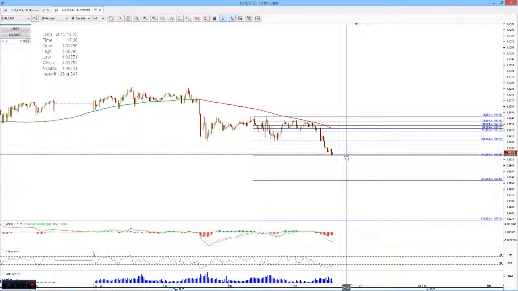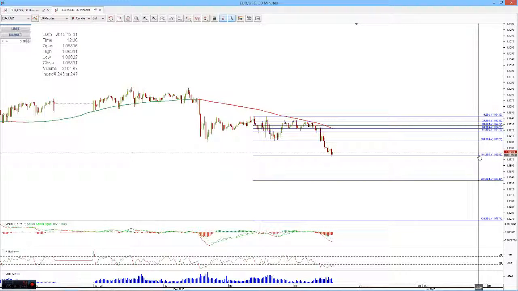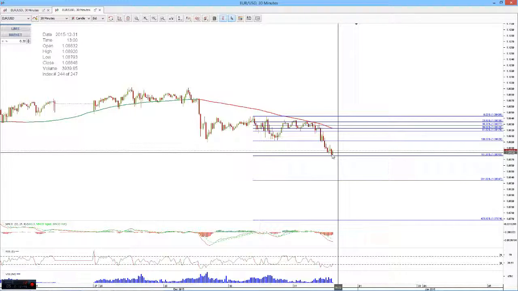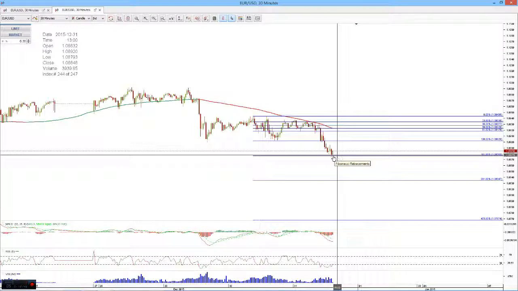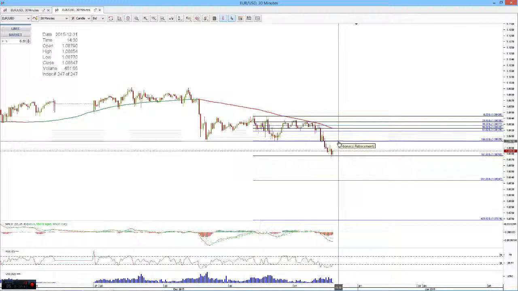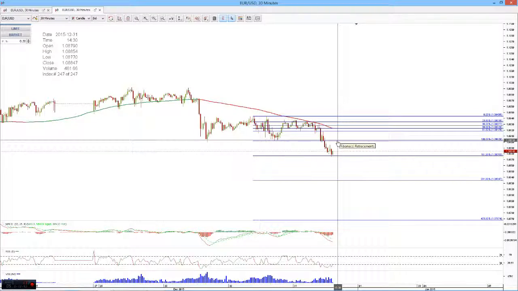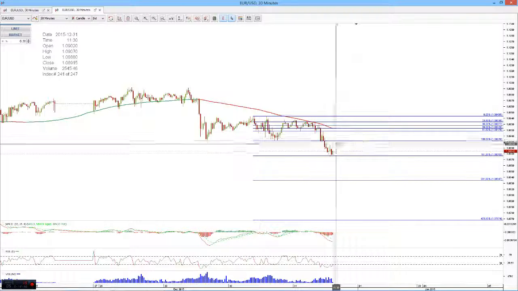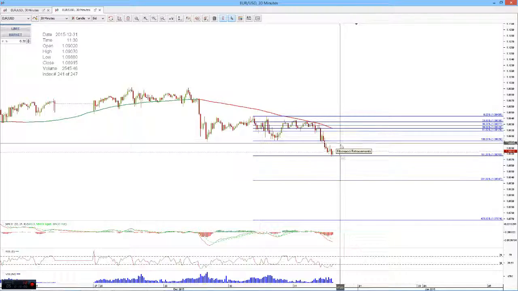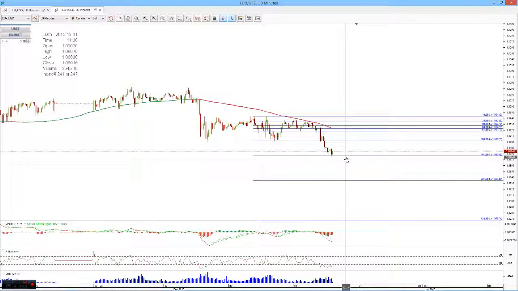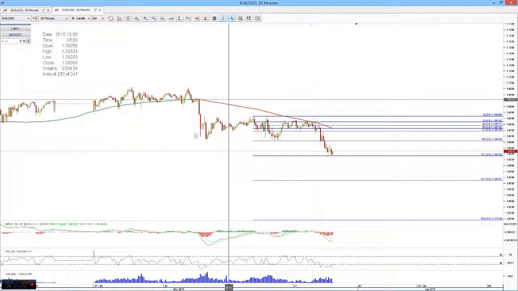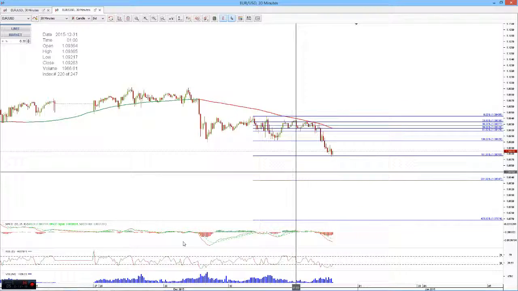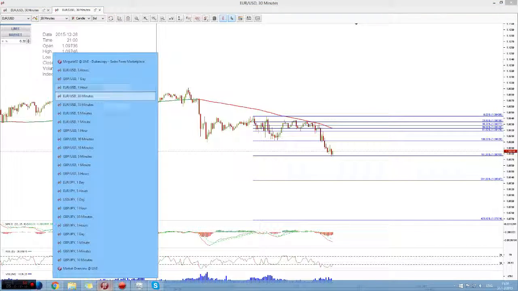Okay, let's have a look at the Euro USD. The market reached that FIBO 161.8 level, and you can see the strong reaction at that level. It may go to the upside and try to retest that FIBO level once again, and sometimes reverse and then try to go once again to the downside. I will think for a while, and then depending on the situation on the lower time frames,